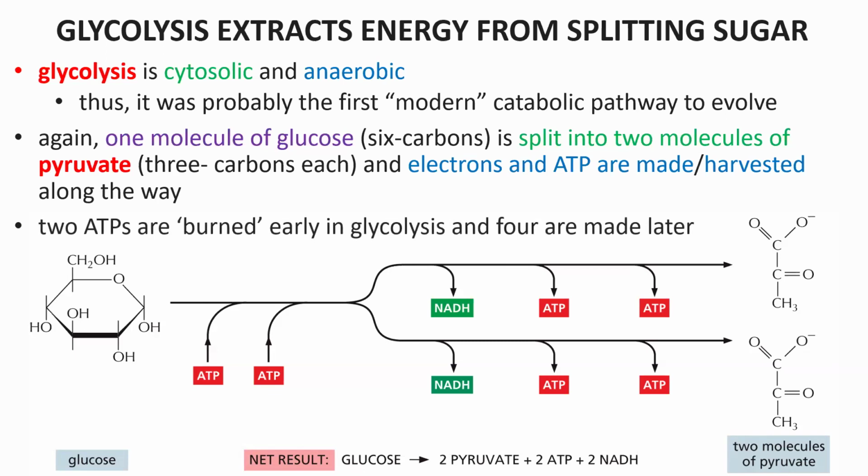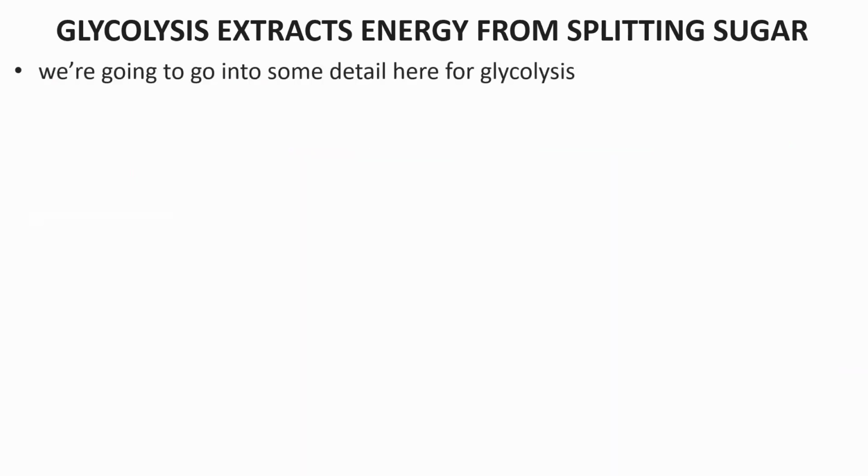In glycolysis, 2 ATPs are actually used up in the first 3 reactions, in reaction 1 and reaction 3, but we make 4 ATP molecules later on down the line. And so glycolysis yields a net profit of 2 ATPs, because we spend 2 early and then we make 4 later on. So we're walking away with a profit of 2 ATPs.